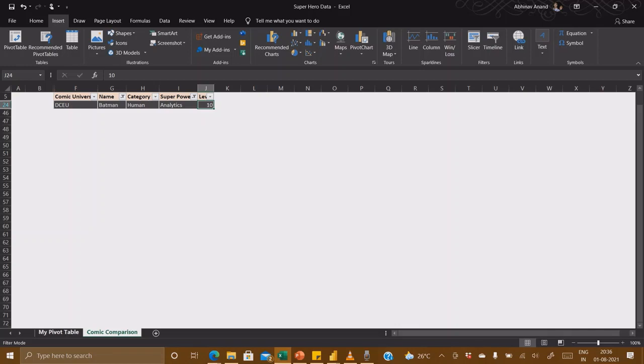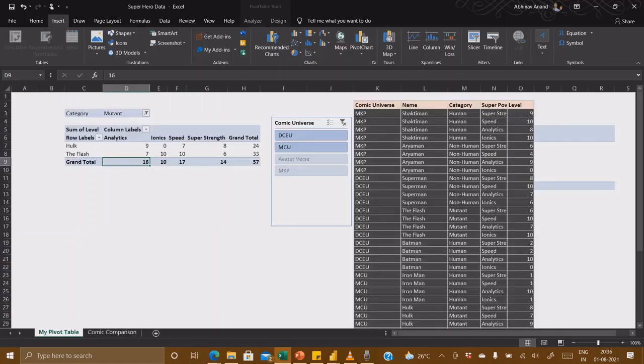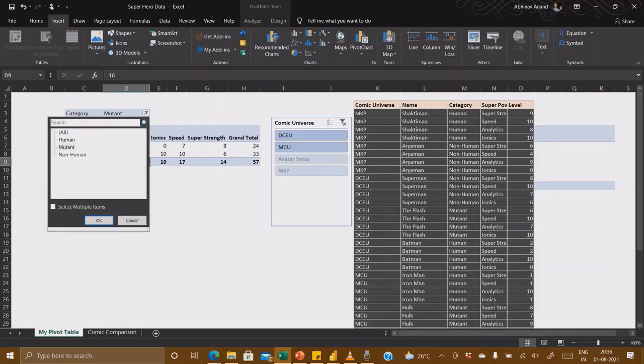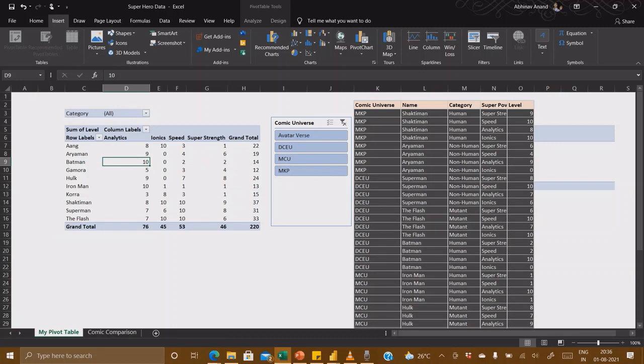So these two levels do not have any mutant data, so that went off. Now this is another filter, and this is another filter which you have seen working. What I'm trying to say here is we have this row level filter. Each row, each column has a filter.